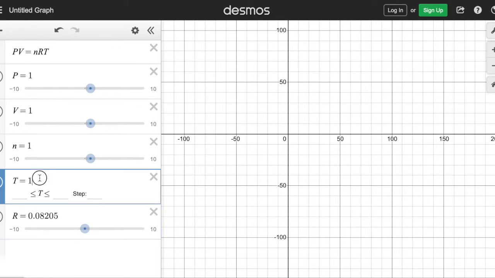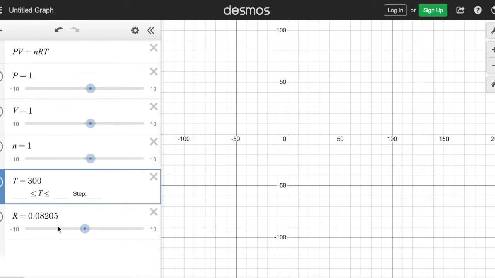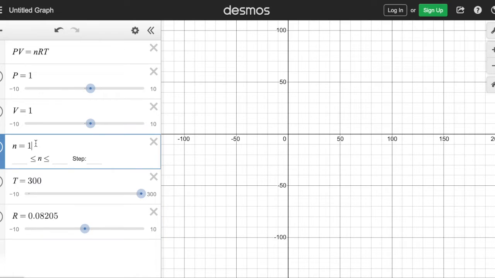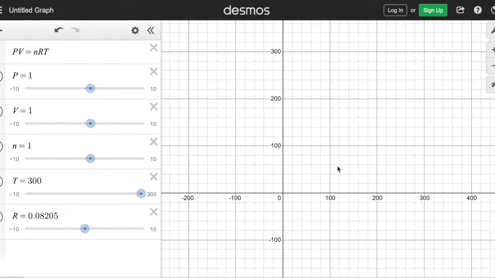0.08205. My temperature, I don't want that to be 1. I want that to be close to 300. Okay, there we go. Then number of moles, let's leave that at 1. But I still don't have anything populating here. There's no lines on this graph. That's because I don't have an x and a y. So what I want to do here is I want to say, well, I'm looking at the relationship between pressure